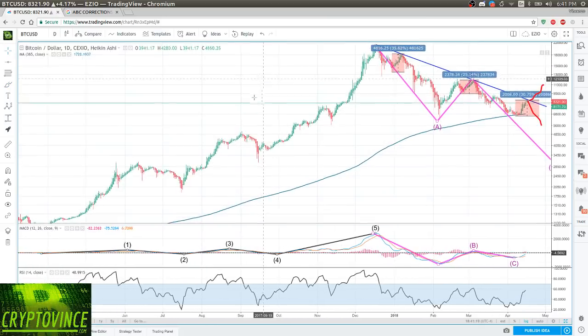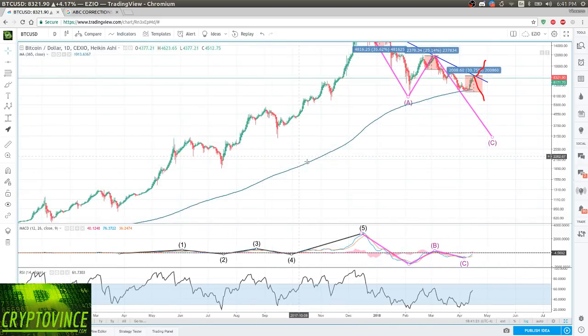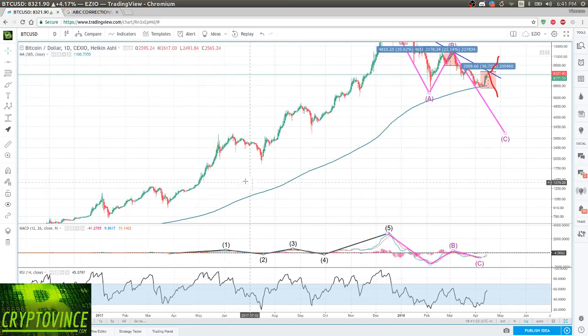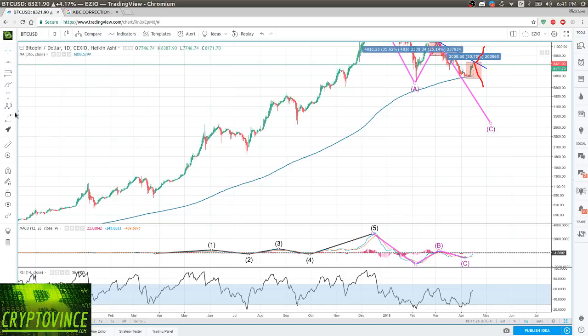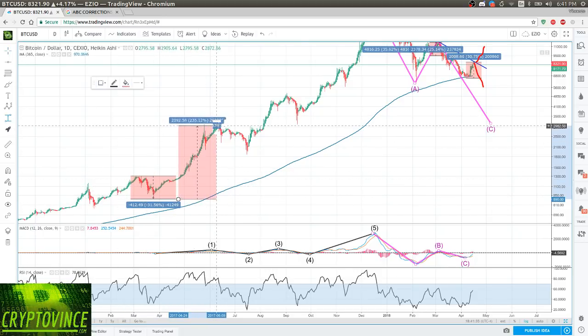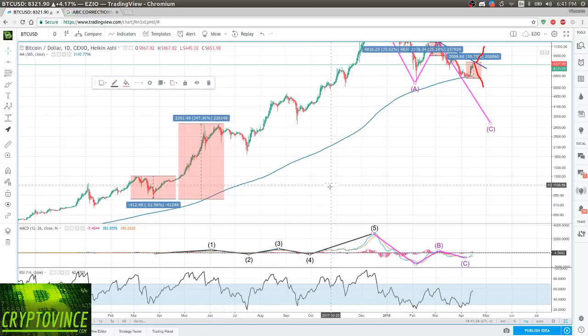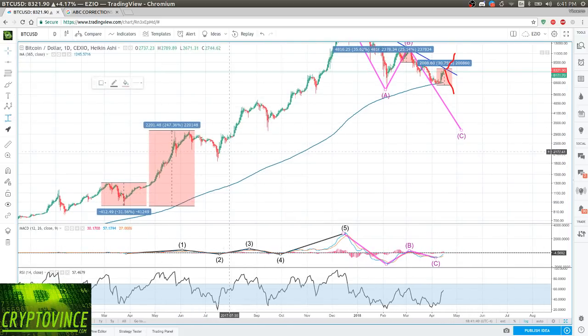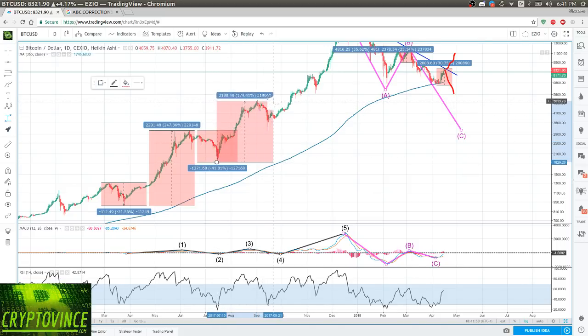Bitcoin finished the correction, and we have all cases here, right? This was a correction, 30%, and then boom, it went all the way up to 250%. Then we had a crash of 40%, and then from the crash we went up 170%. Okay,